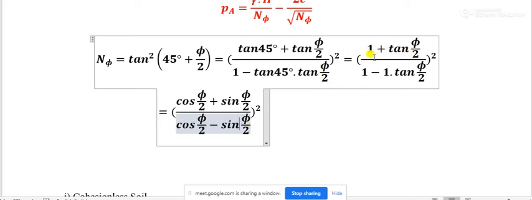Both in the numerator and denominator there will be 1 cos pi by 2 in the denominator, that will be eliminated. From that, the most simplified form is